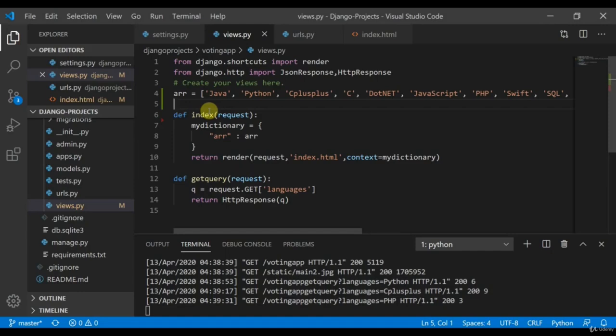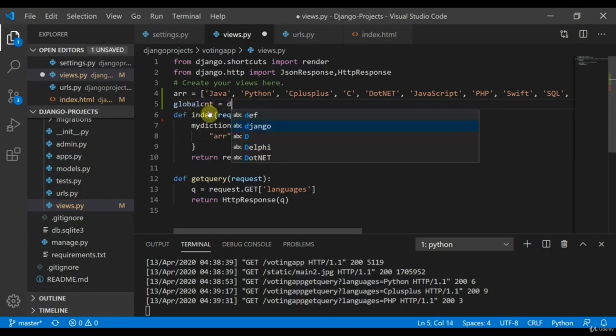That global count is a data structure. Already we discussed that part in the coding question as well. So I would quickly give an overview of how this would work. So let me define global count. This is going to be a dictionary data structure.